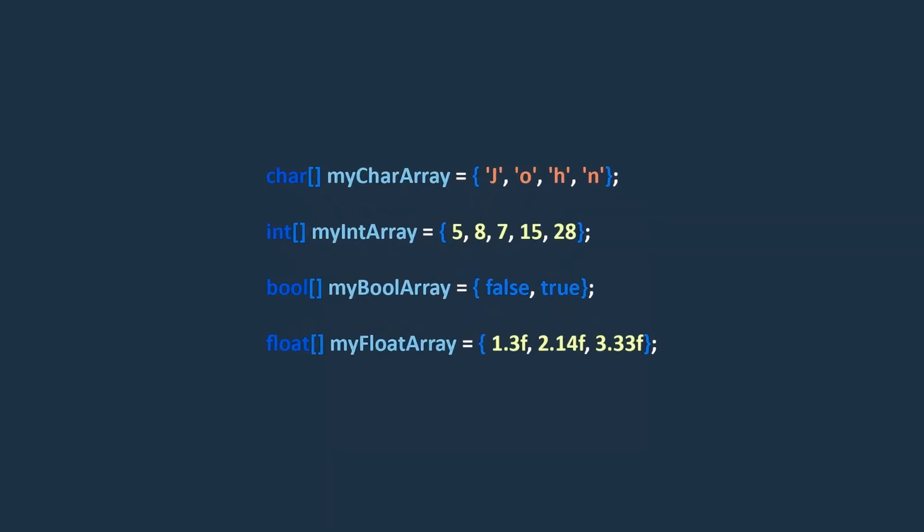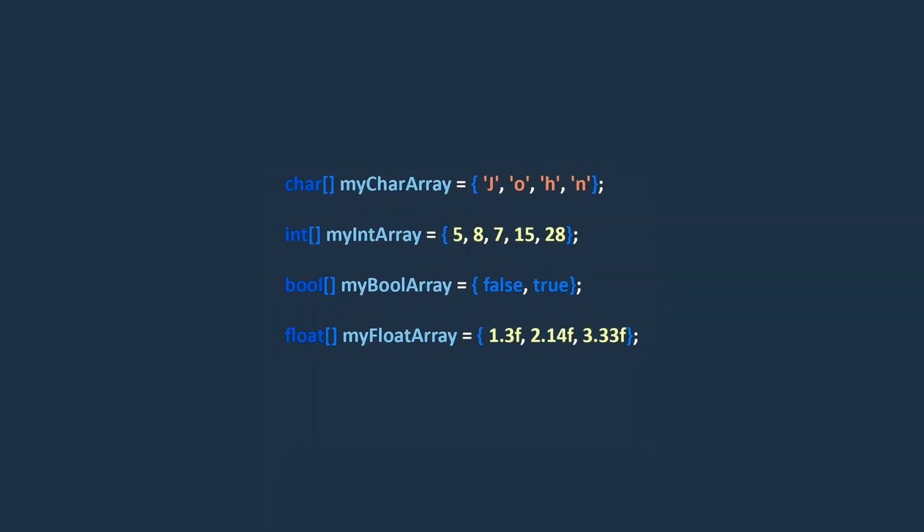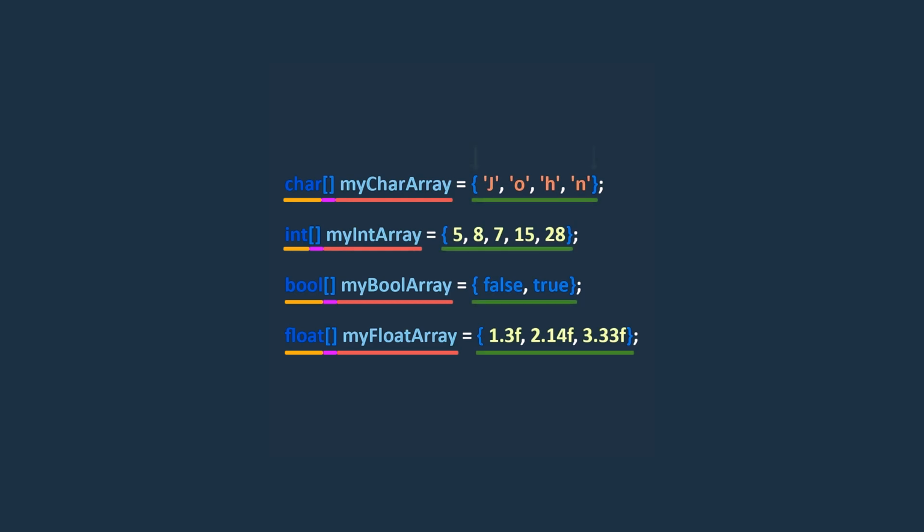Alright. Before we delve into the chars property, it's essential to provide a brief explanation of arrays in C#, as a string object is essentially an array of char objects. In C#, an array is a collection of elements of the same type. Here are some examples of arrays in C#. In these examples, we first specify the element type, followed by square brackets and the variable name. Then, we use curly braces to enclose the elements that we want to store in the array. As you can see, the arrays contain elements of the same type, and they are separated by commas.